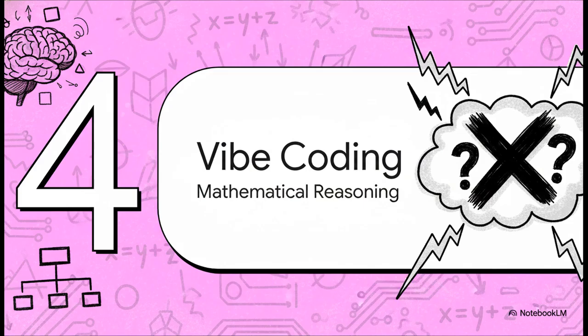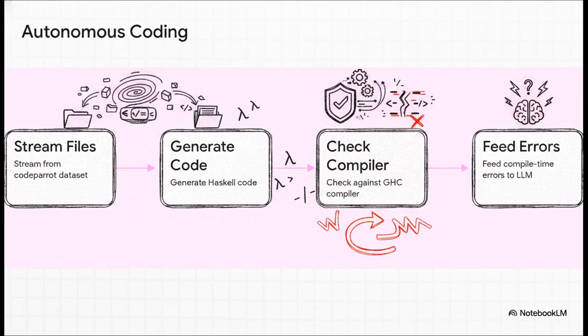Let's shift gears now. Section 4, Track 2, Vibe Coding. Moving into mathematical reasoning and code generation, let's see how this builds into an autonomous system. If you've wanted to learn the Haskell programming language, this is an incredible pedagogic project to tackle LLM hallucinations. You set up an autonomous Haskell coding loop, essentially a dark factory for vibe coding. The fine-tuning pipeline streams source files, the agent generates Haskell code, and then it's checked against the strict GHC compiler. If there are compile time errors, like a type mismatch, that output is fed directly back to the LLM. This headless, automated feedback loop literally forces the model to self-correct and learn to write perfectly verifiable functional programming code